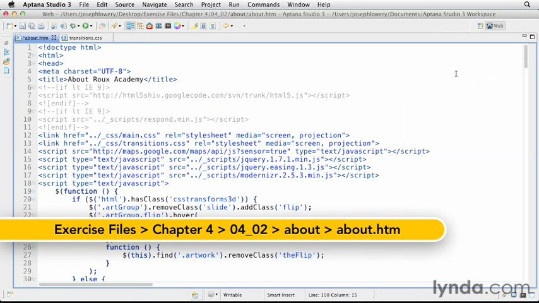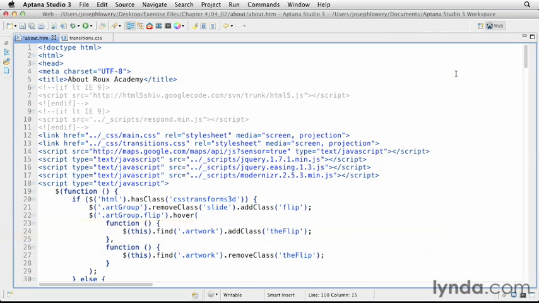I've opened the about.html file from Chapter 4, 0402 About folder in my code editor. Starting in the head area, you can see I have 3 JavaScript files I want to draw your attention to, beginning on line 15. The first brings in the latest version of the popular jQuery library. Next, we include a jQuery-based easing library to smooth out our non-CSS transitions. And finally, I've linked in the most recent version of Modernizr, which we'll use to detect whether browsers can support